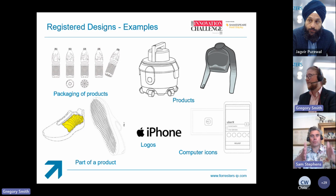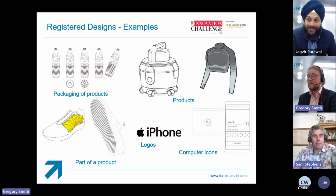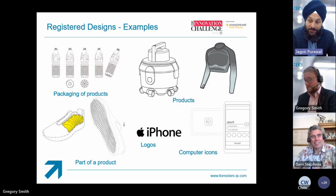I was thinking of the Hankook, the actual tread pattern, the zigzags and the lines down it. They might have a technical effect. The pattern might be to disperse water safely out. I don't know. Anyway. So in that situation, I'm sure Greg's about to say, but the thing about this is